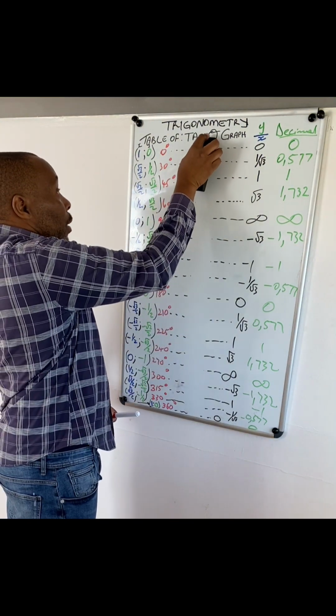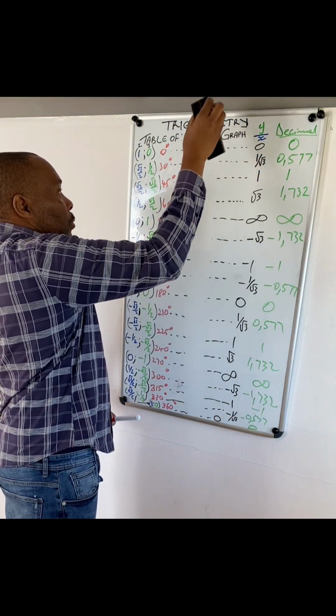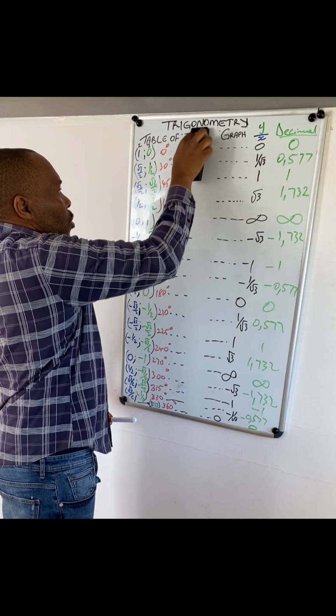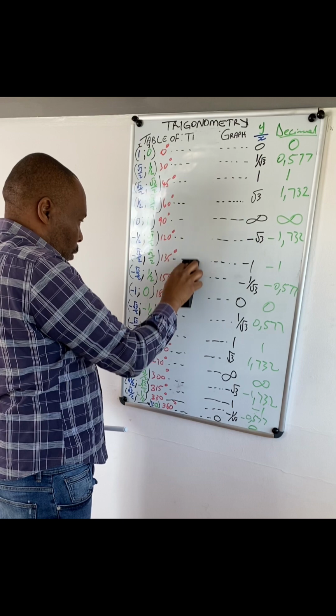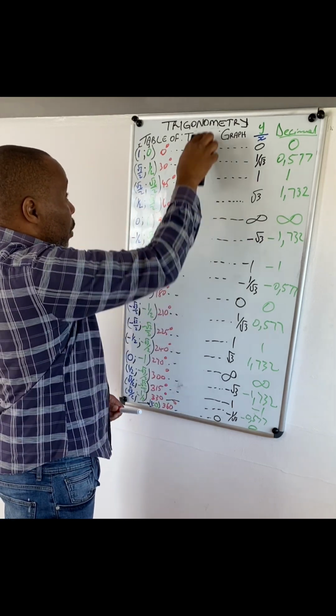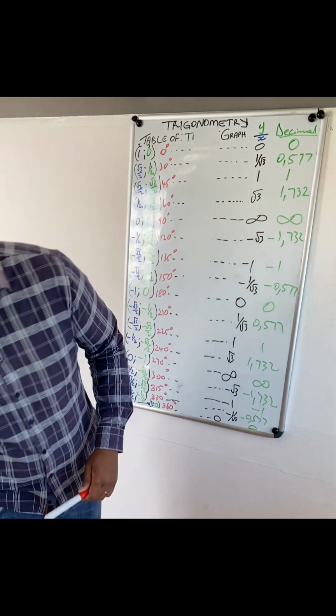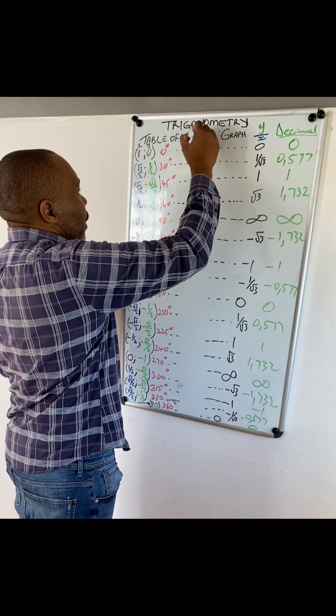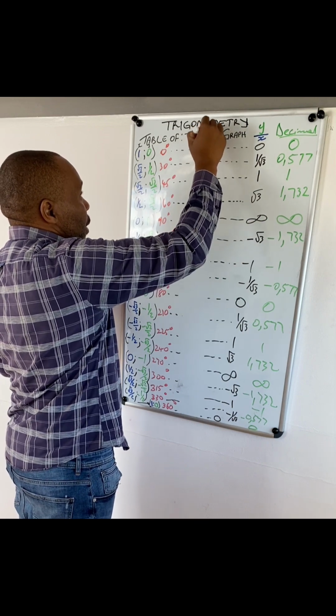Let me not write the word radian. We know it's the tan theta graph, so let me just wipe tan. I don't want to wipe all these dots because they help me put it in a straight line. I don't like long videos, but let me say radians,